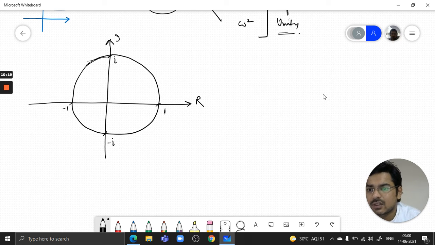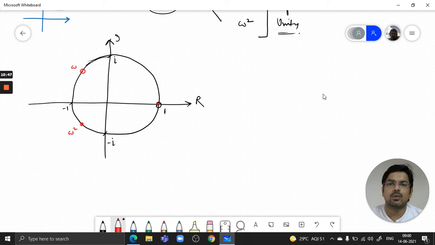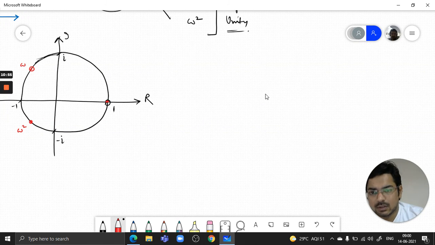So we'll have 3 roots, which is the first root is 1. Second will be omega. It will be here only. Let's say this is omega, and omega square will be the mirror image of omega in the x-axis. So these 3 will be the cube roots of unity on the complex plane. Alright, if we want to show that. Okay. Next thing, we'll see about the properties of cube roots of unity.